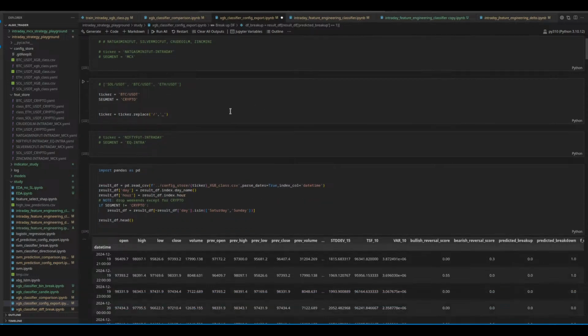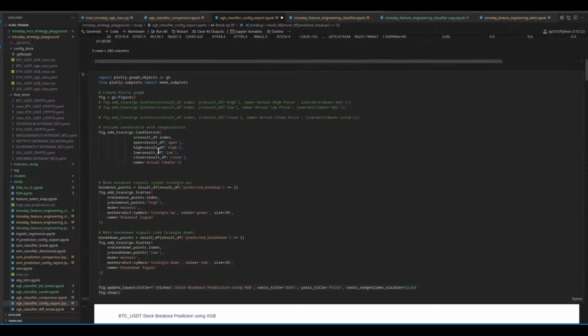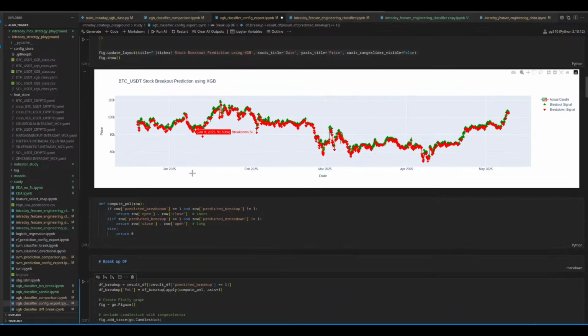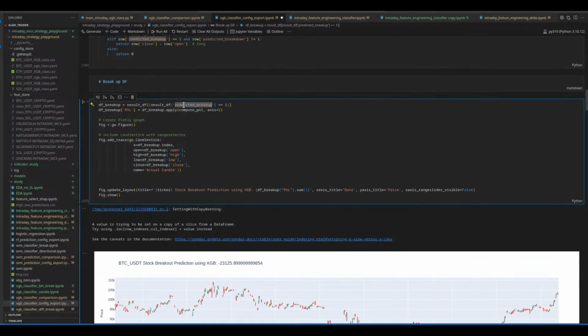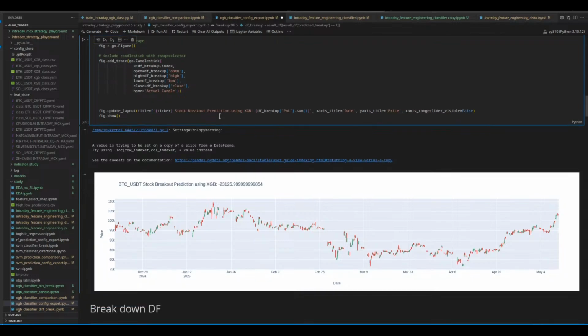So basically, these are the predictions that have been generated from 2024 to maybe till date. I think yeah, this will be better, right? 2024 to May 9. These are the predictions generated by the model, and when I'm looking at the data frame that predicts my breakup, you'll see that it has made a loss of 23,125,